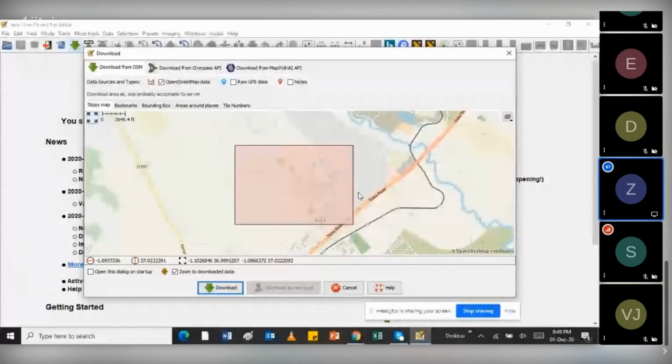Here, then I'll draw a rectangle. So this rectangle is basically the area that I would like to download, the area that I'm interested in working in. So once you draw that rectangle,